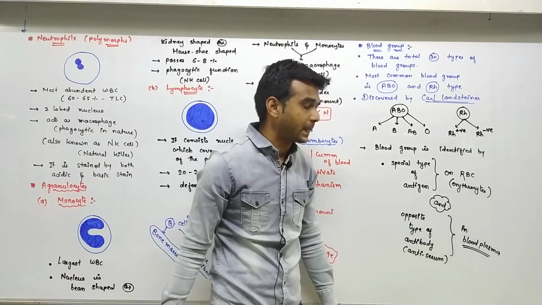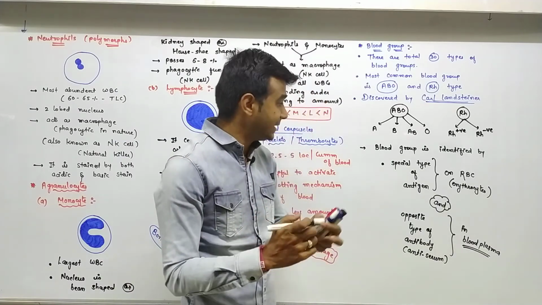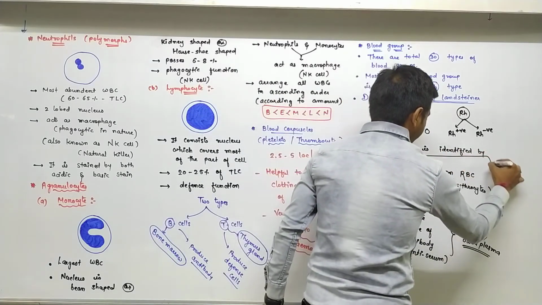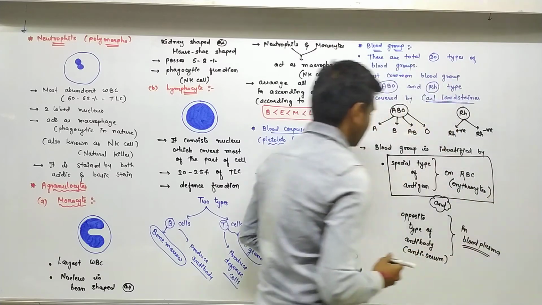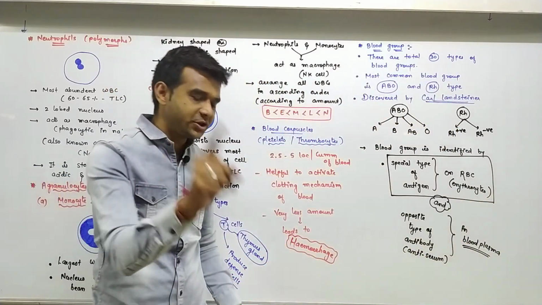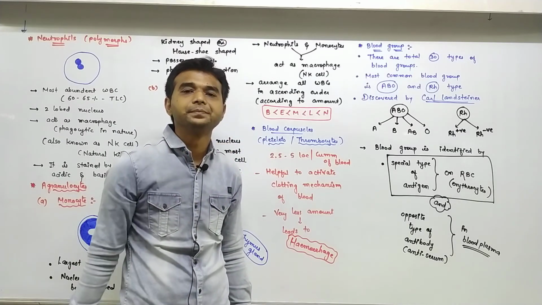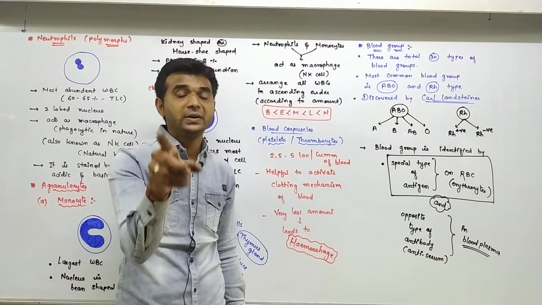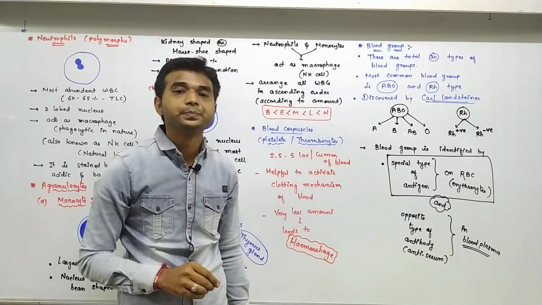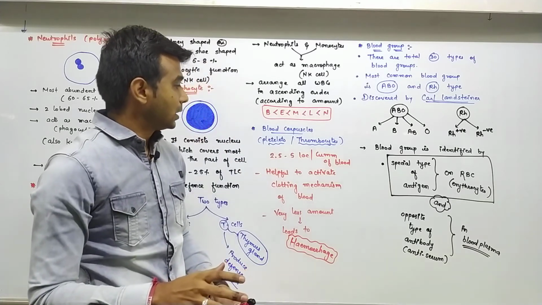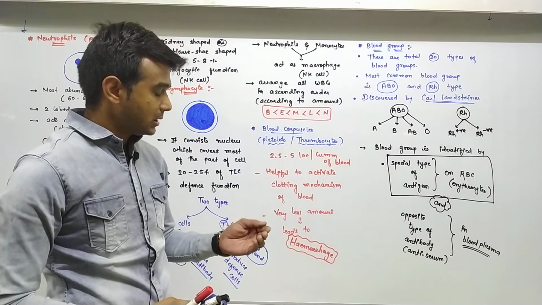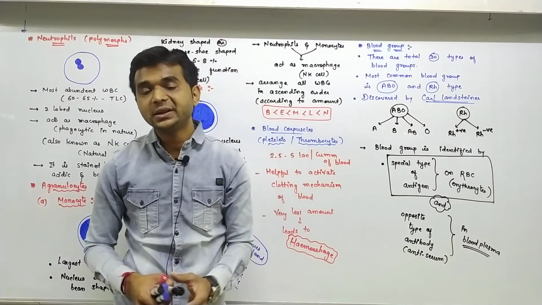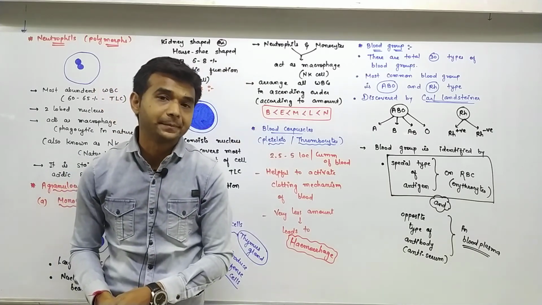Blood group is identified by only this thing. This thing is only important. Each and every person has a special type of antigen on RBC. So according to this type of antigen on RBC, we identify that person's blood group. And the type of antigen present on RBC, the same type of antibody is not present in the blood plasma. Otherwise, what happens?